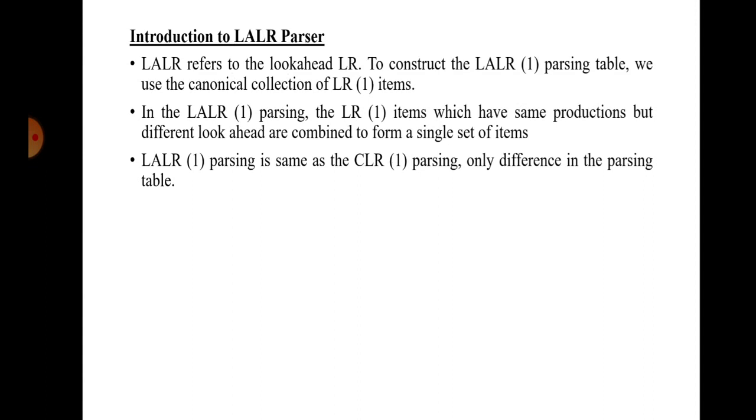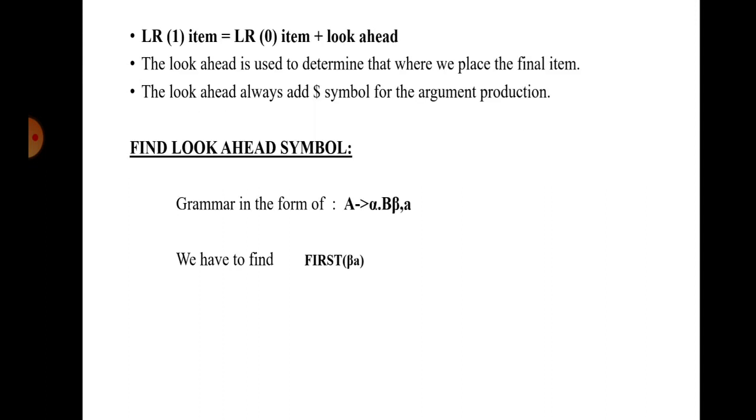So this is the SLR parsing table. After this we will see what is LALR, the look ahead LR parsing table. This is also LR parsing, which supports bottom up parsing, and it uses what are called LR(0) items. So what is LR(1)? The LR(0) items with a look ahead symbol are known as LR(1) items.